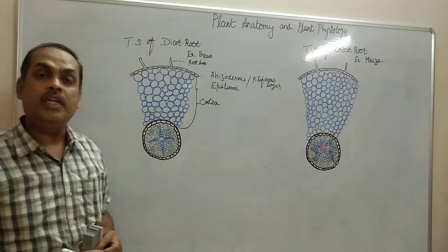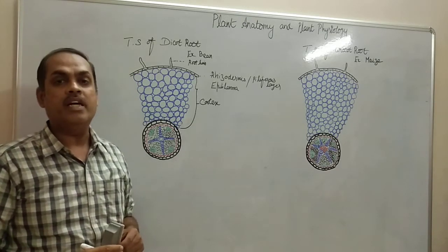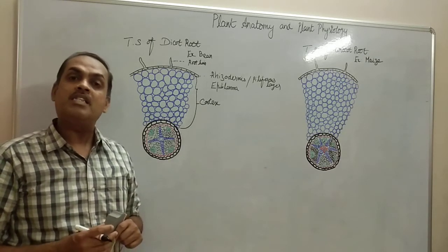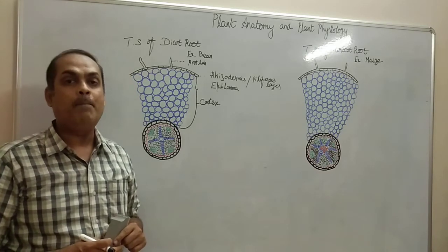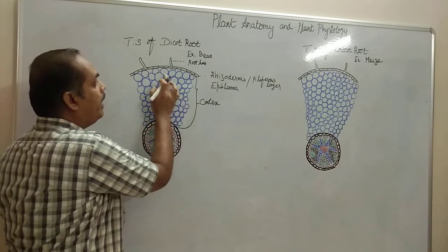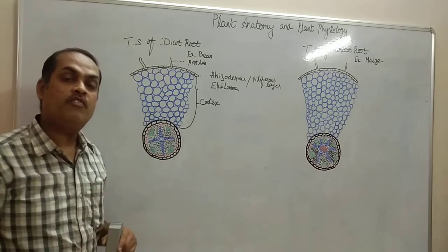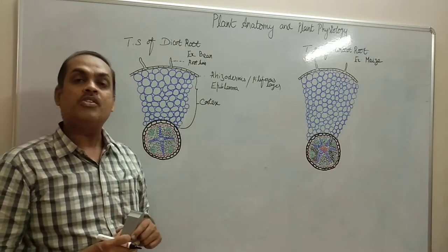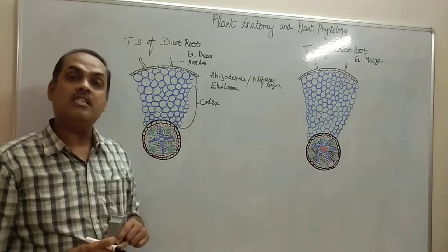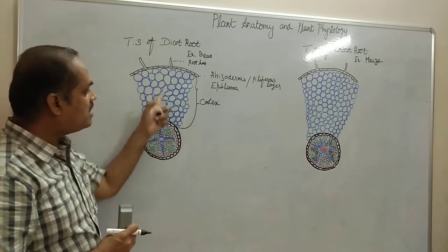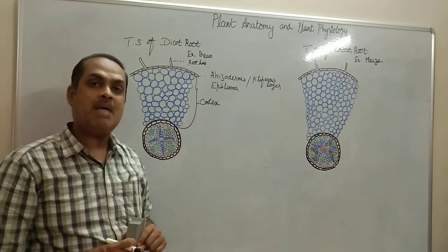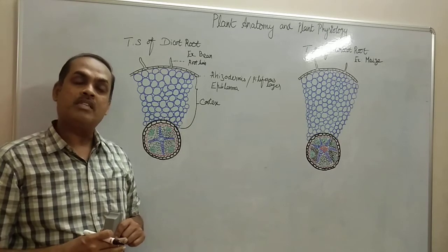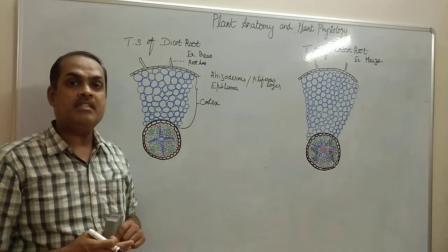Now cortex is usually many layered, or we can call it as multi-layered. The shape of the cortex will be generally spherical, or it will be oval in shape. Sometimes it is polygonal because of the mutual pressure. Now you will be able to see uniform intercellular spaces for gaseous exchange. And cortex is made up of only parenchymatous cell. So we can call these multi-layered structures homogeneous in nature. That means all the cells of the cortex are made up of only parenchymatous cell, and the function of parenchyma is to store food material. They will store starch, tannin, resins, etc.